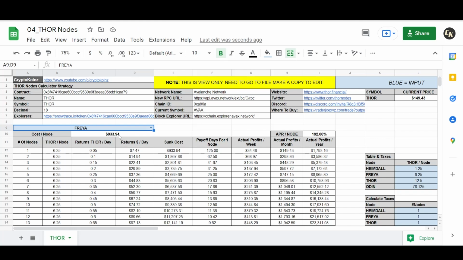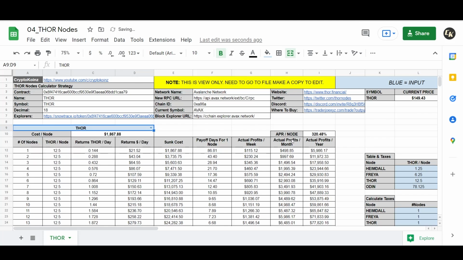That's a $933 investment. This is paying you a 192% APR per node in 1 year. And it pays you $34 per week, $149 per month, and $1,793 per year. And then we have Thor with a 320% APR per node. After the sunk cost is paid off in 86.81 days, your actual profits at the end of